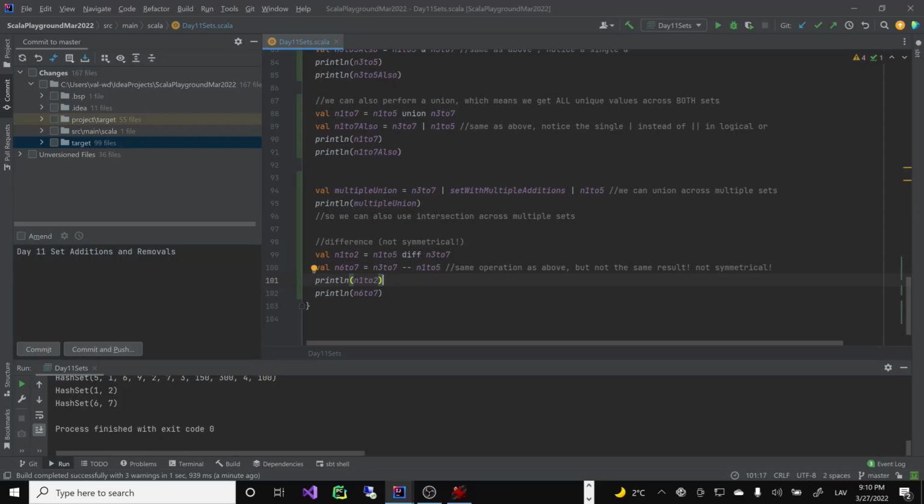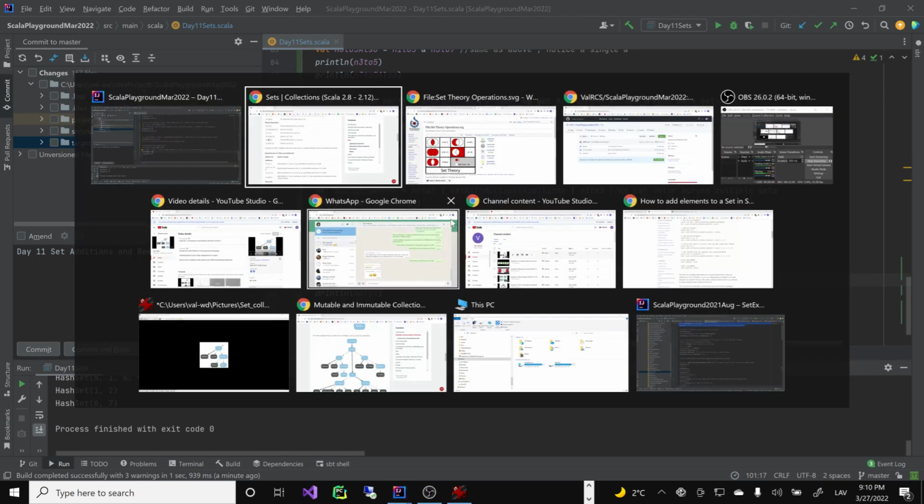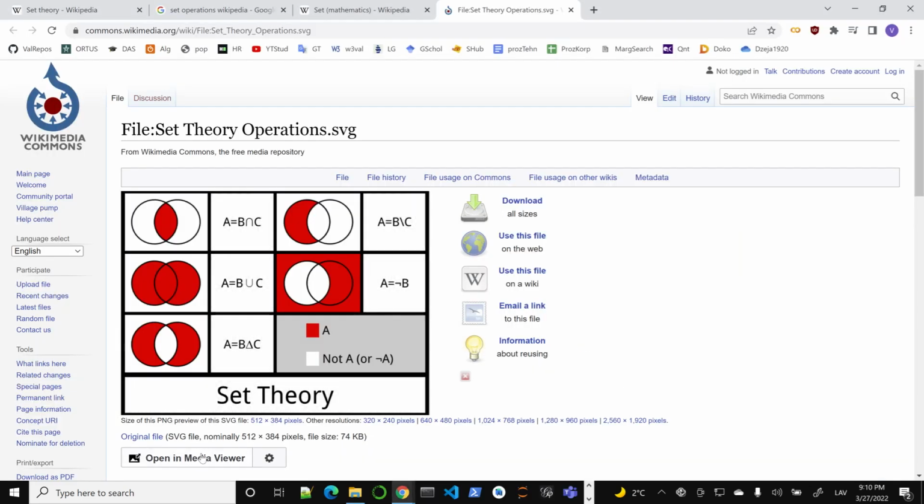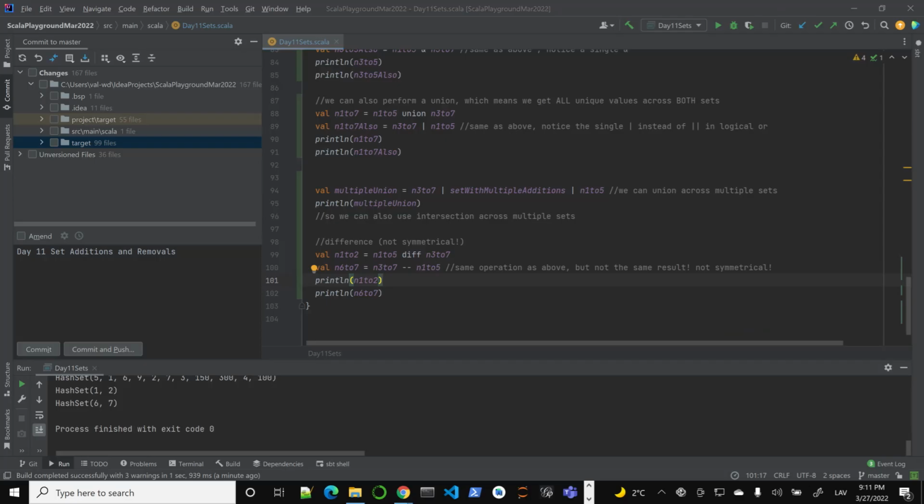So what else do we have left? Do we have a symmetrical difference actually? And I believe we don't actually. There is an operation, right? Do we have an operation meaning values unique to this and this? But I believe it does not exist here, right? So okay, so if symmetrical difference